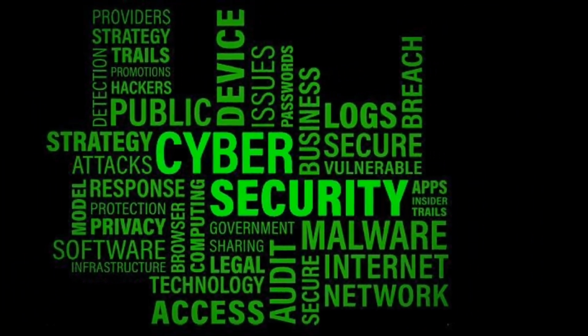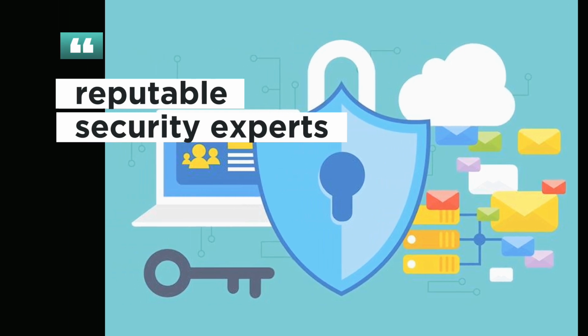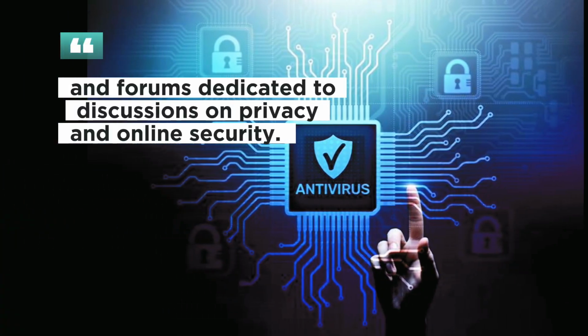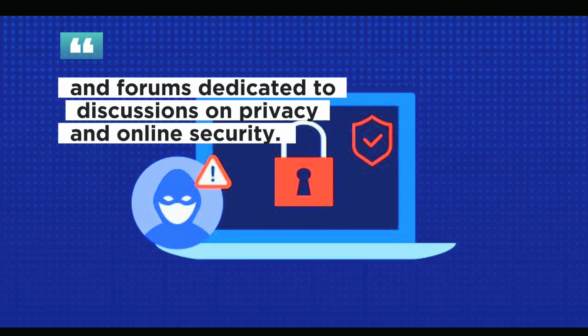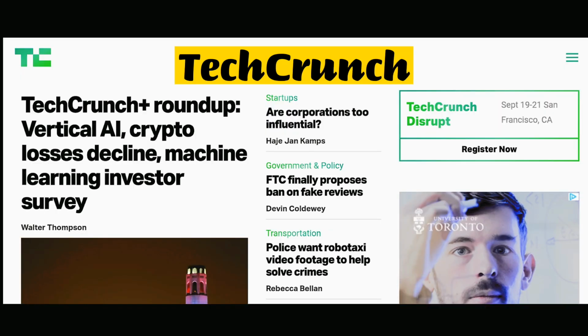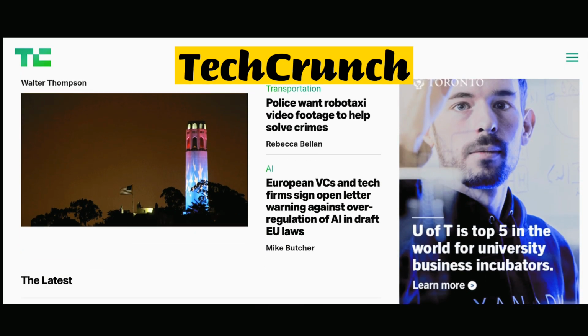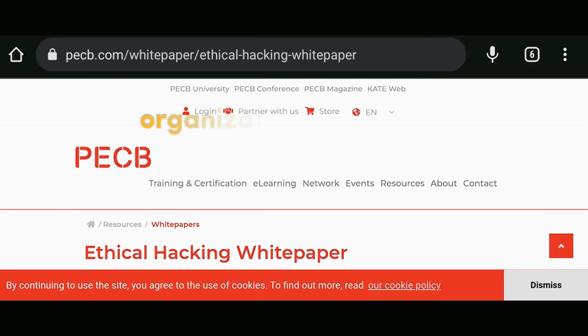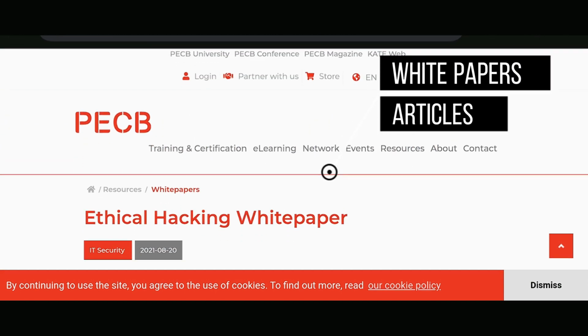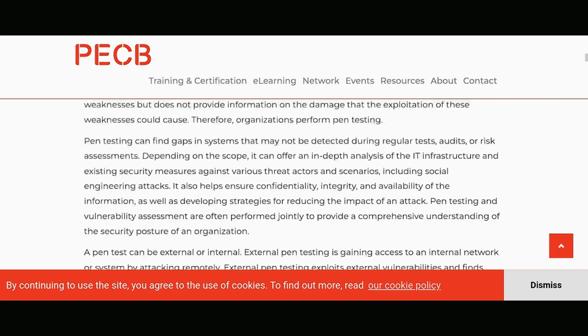When it comes to authentic sources, you can rely on reputable security experts, cybersecurity blogs, and forums dedicated to discussions on privacy and online security. Some websites like Wired, ZDNet, and TechCrunch often publish articles related to the dark web and its implications. Organizations that often publish reports, white papers, and articles on various aspects of the dark web include the Carnegie Endowment